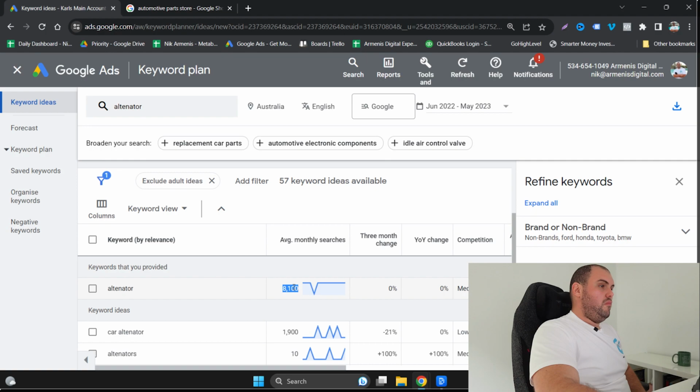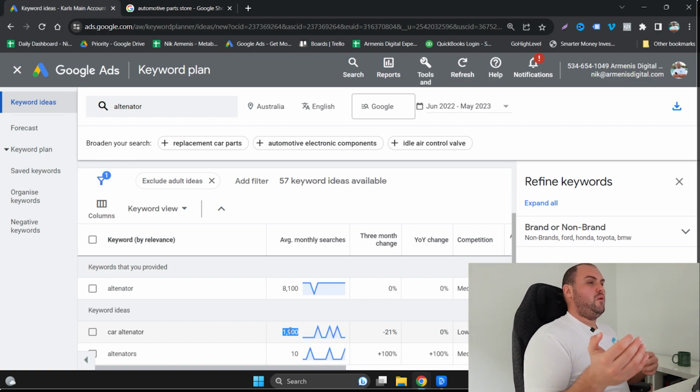So 8,100, you can quickly get to 20, 30,000 searches per month just within Australia. You can definitely scale even just alternators to 6-figure months. This is how, you don't need to overcomplicate it more than this, guys. You can do more checks and a bit more diligence than this, but as a starting point, this is how you should be looking at how do I build a 100K per month store, just working backwards with actual numbers in place and having some really small requirements like this, like making sure that the